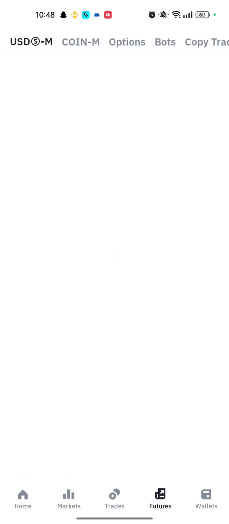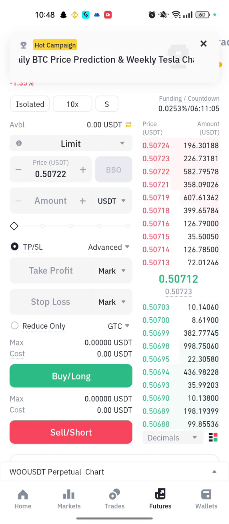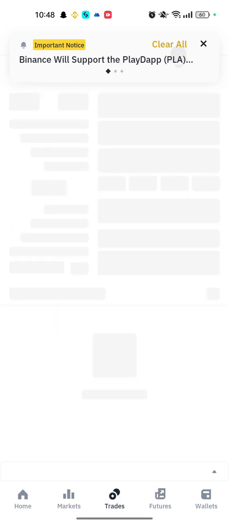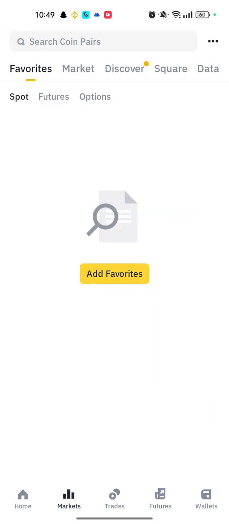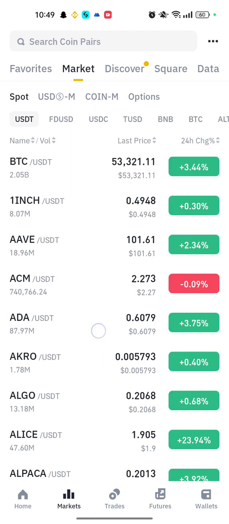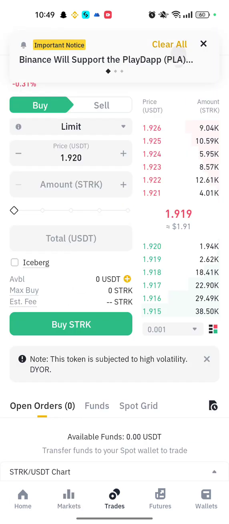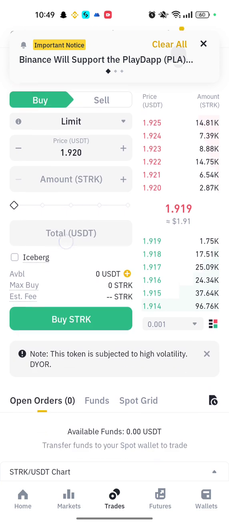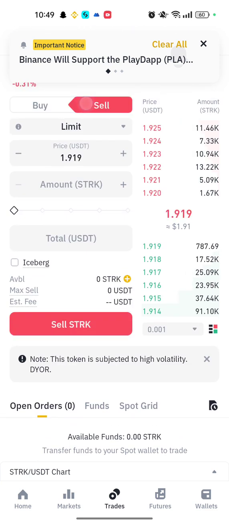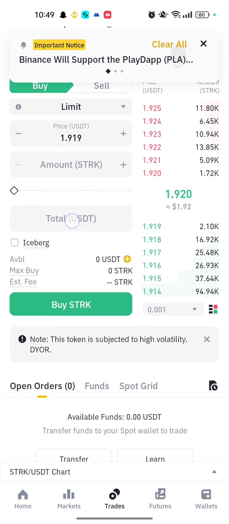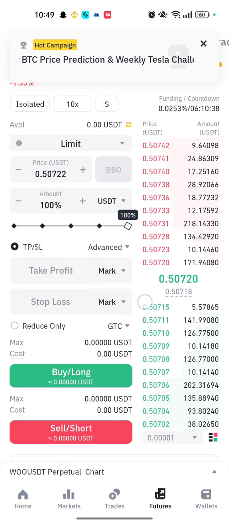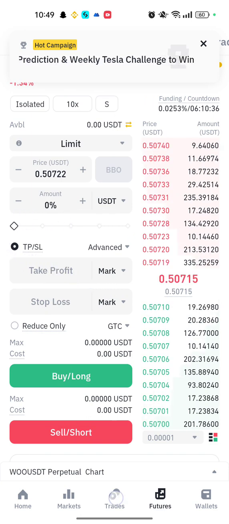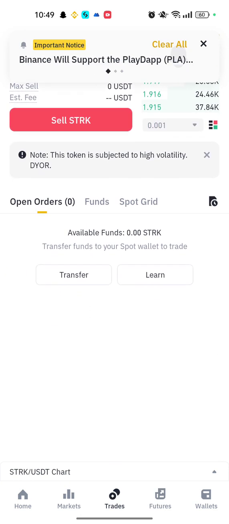There are many kinds of trades in Binance, like futures trade, spot trading, and others. This is the market list with my favorite markets. These are coins. This is spot trade: buy and sell. There we buy and there we sell. This is futures trade. Futures trade is haram, so we don't do any futures trades. We go to the trades and